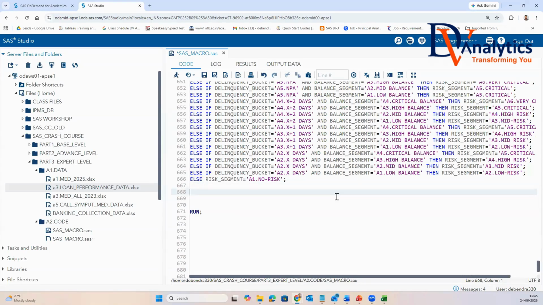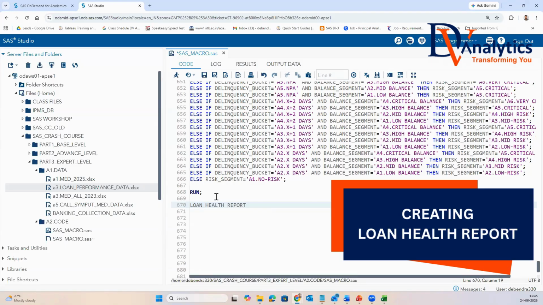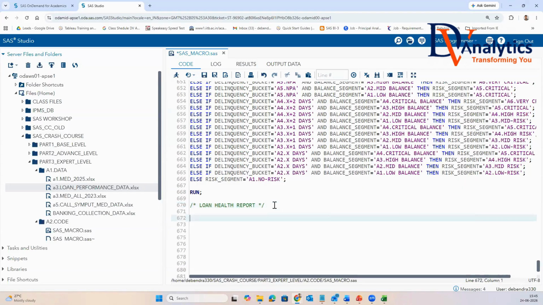Now, what I'll do here next, I want to go for creating reports from this data, which is going to help me to analyze and present to business what is going on. What is that report I want to create? Let's say create this as called loan health report. What do you want to do with the loan health report? Given this table, I want to see